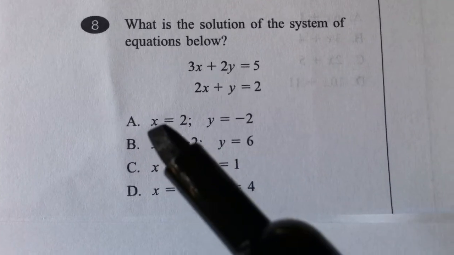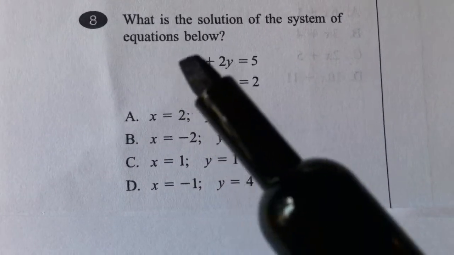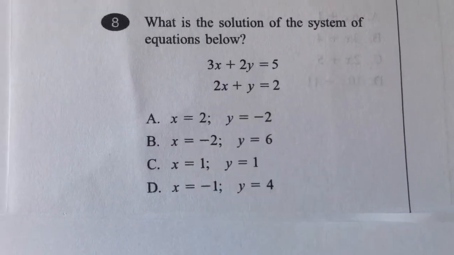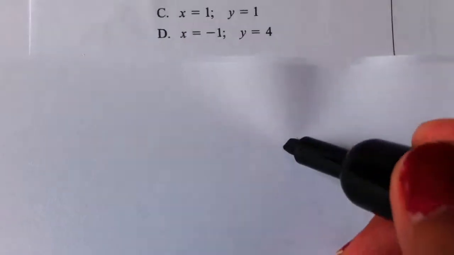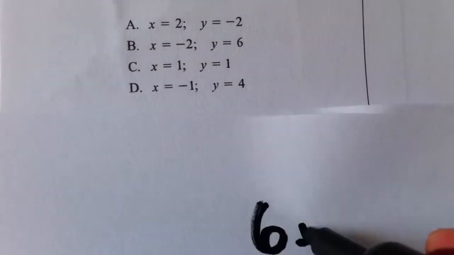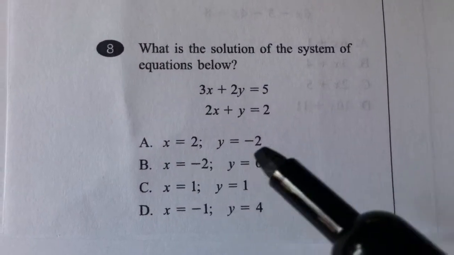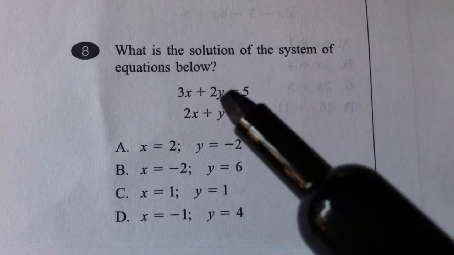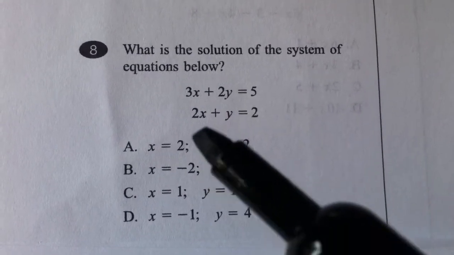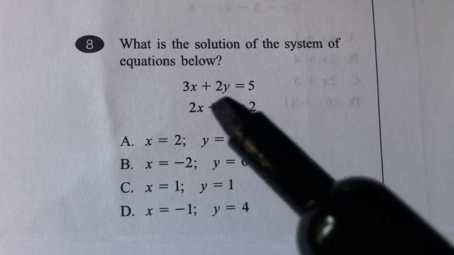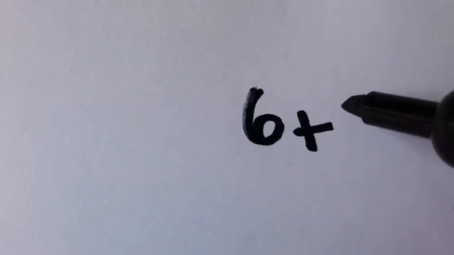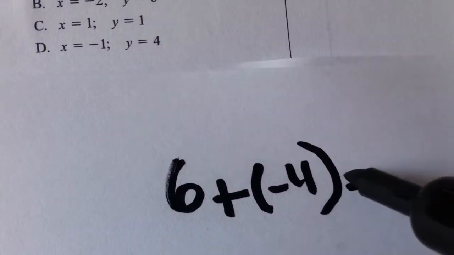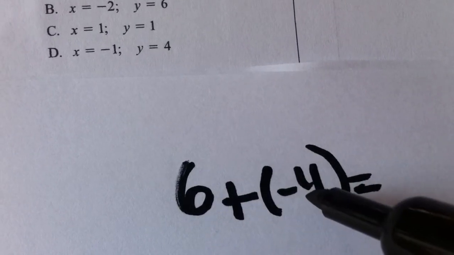Now if you apply x equals 2 to the first equation, we have 3 times x, so 3 times 2 is 6. And y equals negative 2. Negative 2 multiplied by 2, you get negative 4, right? So 3 times 2 is 6, plus negative 4, so 6 minus 4 is 2,